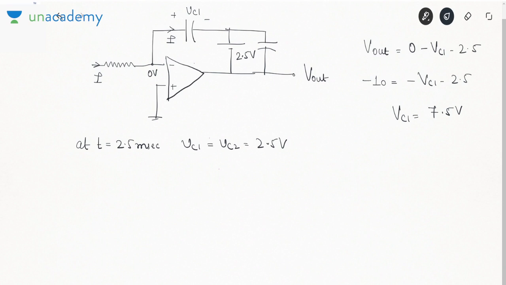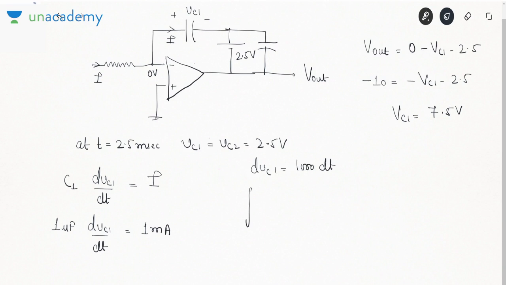So what I'll say, C1 times dVc1 by dt equals current I. C1 is 1 microfarad. dVc1 by dt, current I was 1 milliampere. So that means dVc1 is 1000 dt. When you integrate,